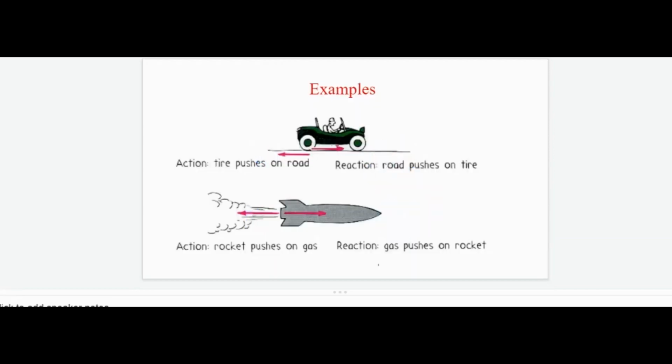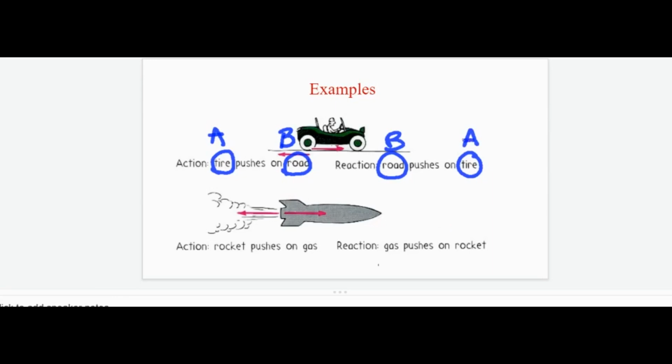Here are other examples of action and reaction. So look at these. When you're driving, your tire pushes on the road. So there's force on object A and object B. So we always look into the two objects because forces come in pairs. The reaction would be object B doing or exerting a force on object A. So the road pushes on the tire. So object B